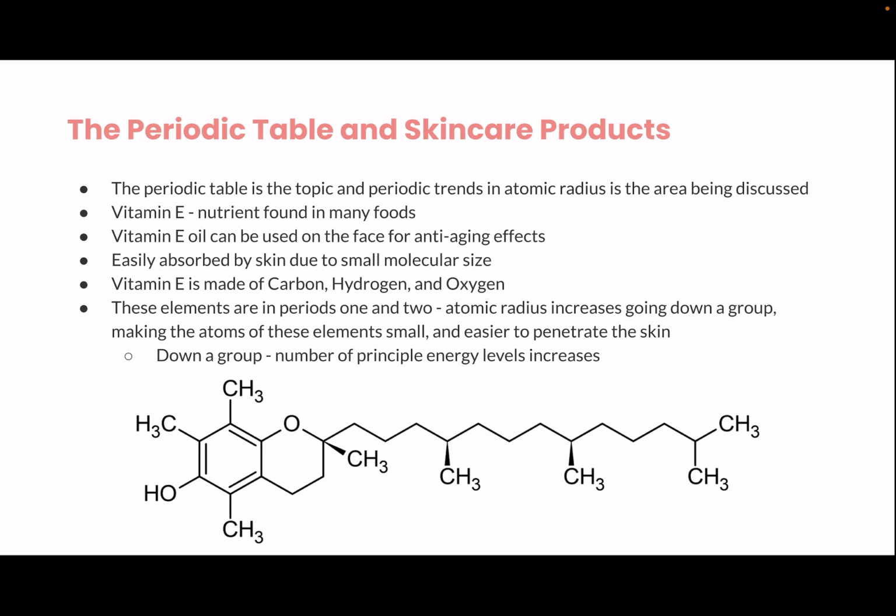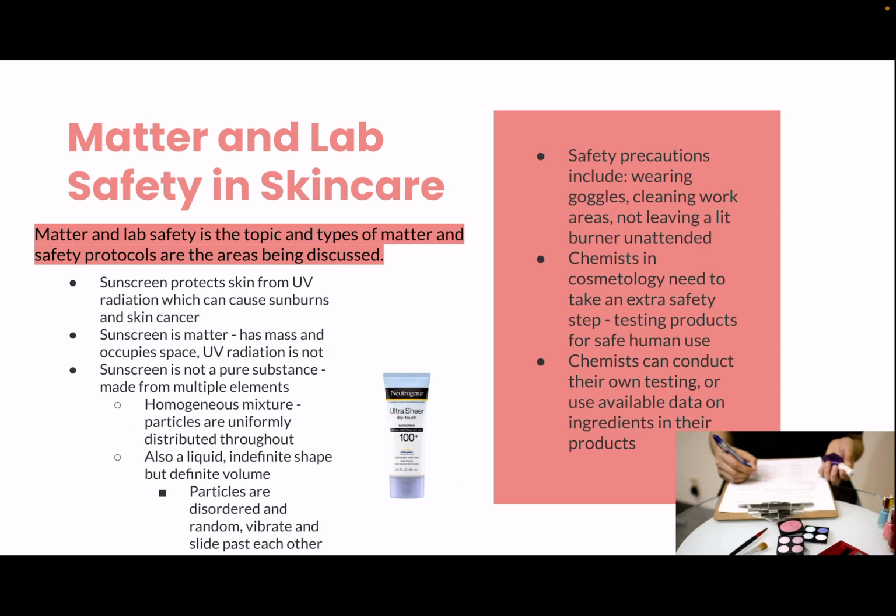At the bottom of the slide is a picture of the structure of vitamin E made out of the elements carbon, hydrogen, and oxygen. If we go all the way back to extremely basic chemistry, we can classify matter versus non-matter. An example of matter is sunscreen because it has mass and occupies space, and anything that does not is not matter, like UV radiation. Sunscreen is a skincare product that protects the skin from UV radiation from the sun, which